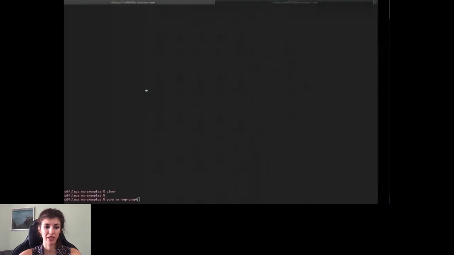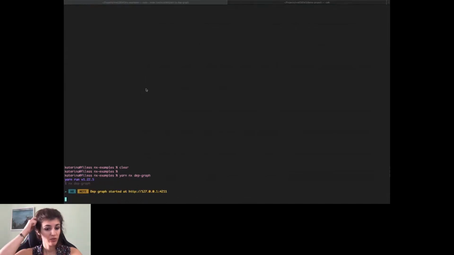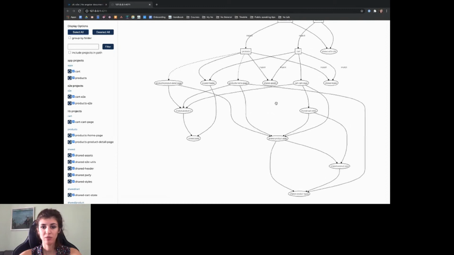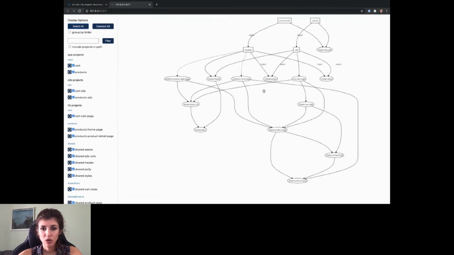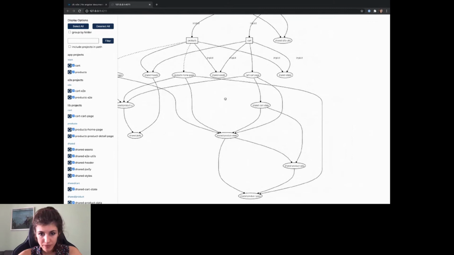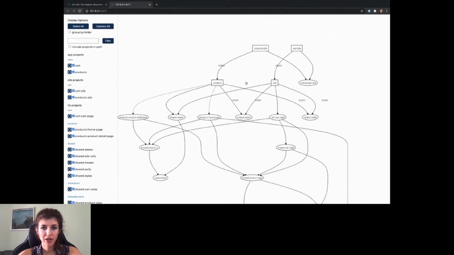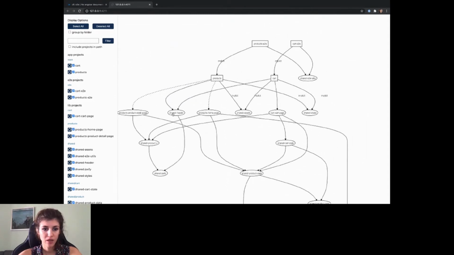Some commands that you can run: first of all, the dependency graph I told you about. Let's run the dependency graph for this application. You can run it with nx dep-graph, and let's display all the projects. As you can see, for example, the shared header is used by both the products and the cart application,